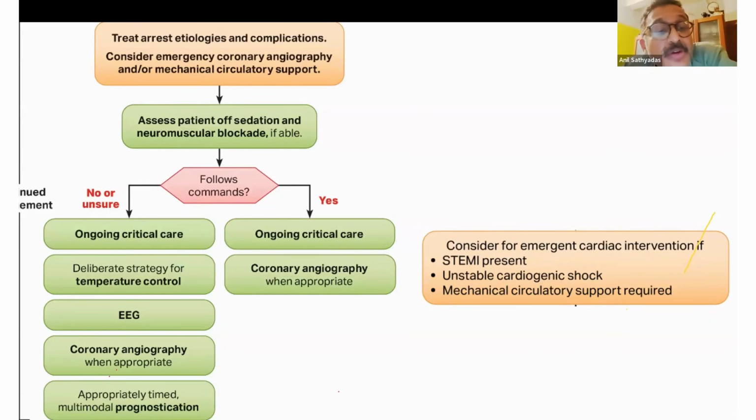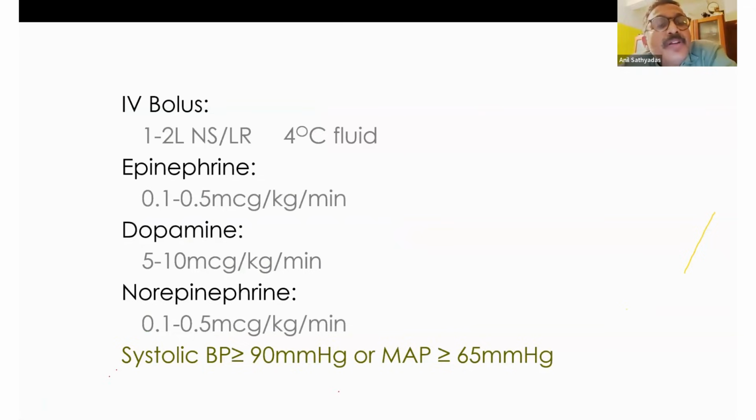And prognostication is always multimodal. You don't use a single parameter like pupil reaction not there at 48 hours. It's just a single parameter. Like the GCS, the motor score, whatever. You don't use a single parameter to prognosticate, you always have to have multimodal prognostication. You might have to give 1 to 2 liters of cold saline to cool the patient. And avoid hyperthermia at any cost. That is again very important. Any fever should be very actively managed.